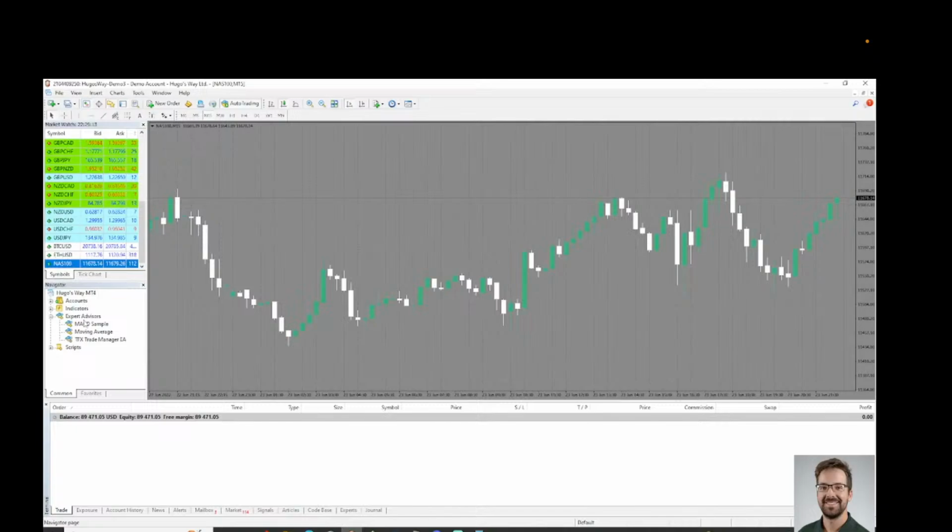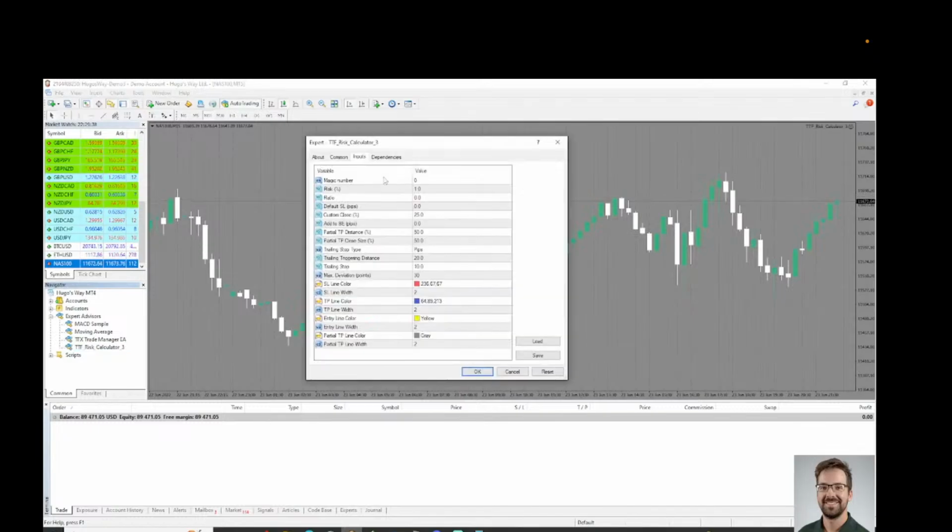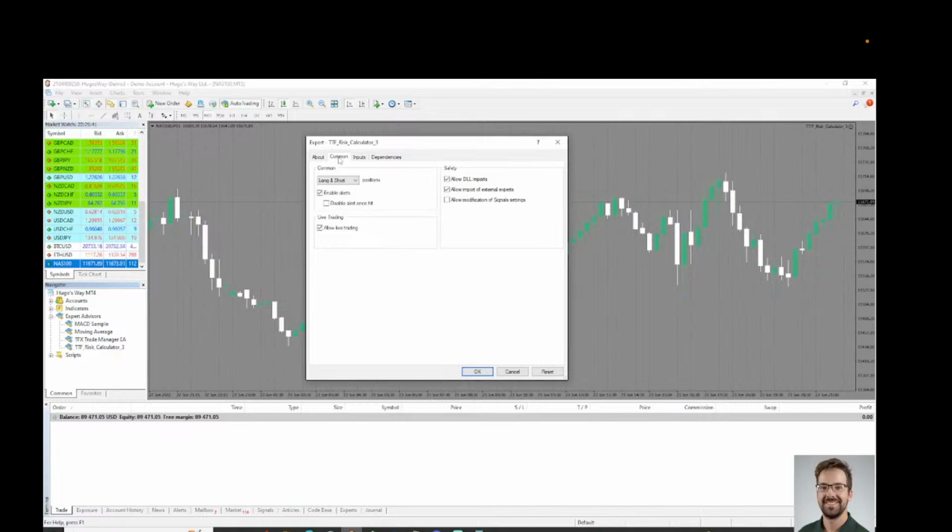And what you'll do now is you'll come to the Expert Advisors section in your Navigator tab in MetaTrader. You'll right-click Expert Advisors, hit refresh, and you should see the TTF Risk Calculator 3 pop up. So once you have it popped up, what you'll need to do now is drag and drop it in. Once you drag and drop it, this menu will prompt up, and you need to make sure you come to the Common tab. Make sure you allow live trading, allow DLL imports, allow import of external experts,